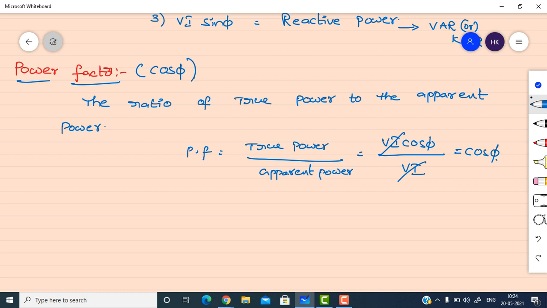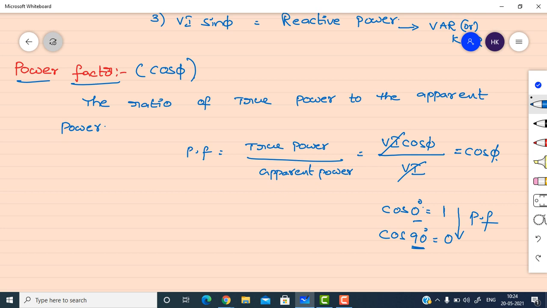Suppose the phase angle difference between voltage and current increases, what happens to the power factor? Initially cos 0 degrees is there, next cos 90 degrees. The phase angle difference is increased. Then what happens to the power factor value? Cos 0 value is what? Am I audible? When cos 90? 0. So what happens to the power factor? It is decreasing. If the phase angle difference between the voltage and current increases, the power factor will reduce.